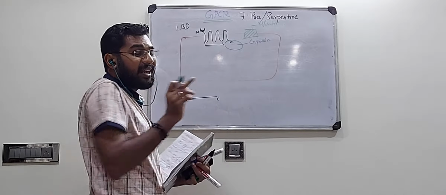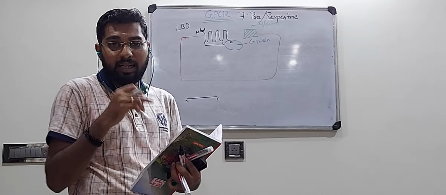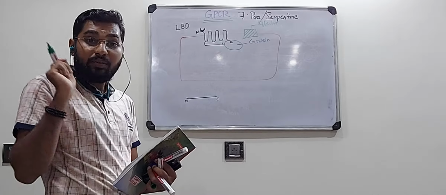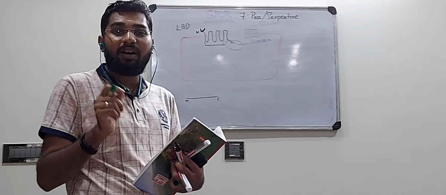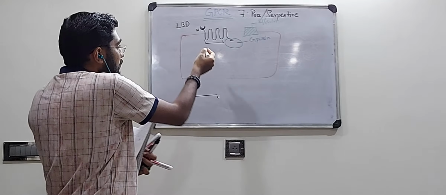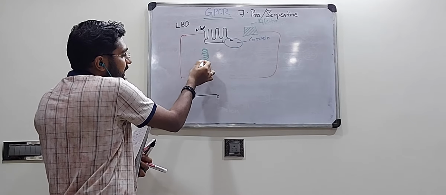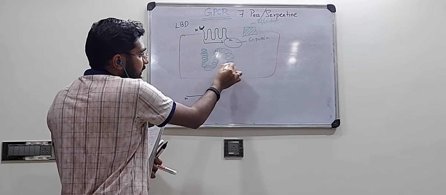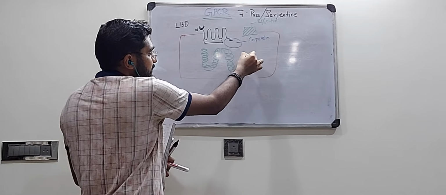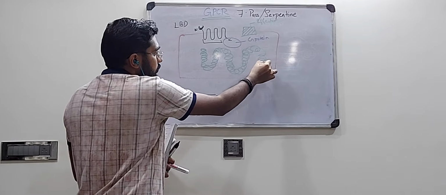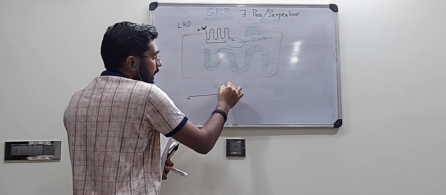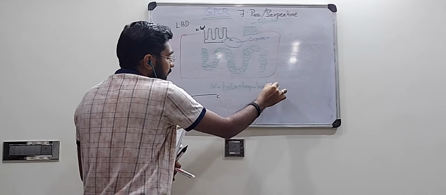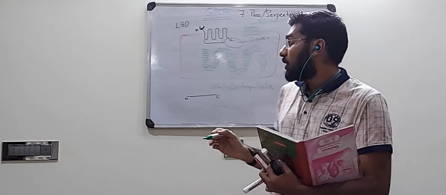And then you have 7 transmembrane domains, 7 transmembrane loops that pass through the cell membrane, the plasma membrane. If you see the arrangement of it, it has an alpha helix loop helix arrangement. It will be in the form of a helix, then a loop will be formed and another helix. Similarly, a loop will be formed and another helix. So this repeats 7 times like this. So this transmembrane region will be in the form of an alpha helix loop helix arrangement.